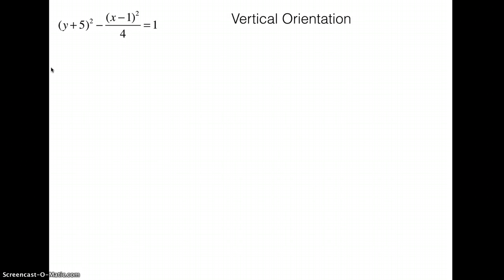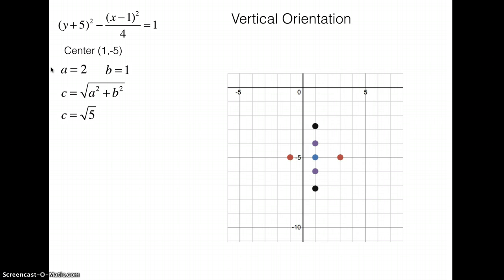The process is the same for the vertical orientation, but the only difference is the way that the hyperbola is going to open up, and it's going to have a vertical orientation. So we start the same by identifying the center, the a, b, and c values. You're going to plot the center, shift 2 in the horizontal direction to find the red coordinates, shift 1 in the vertical direction to find the